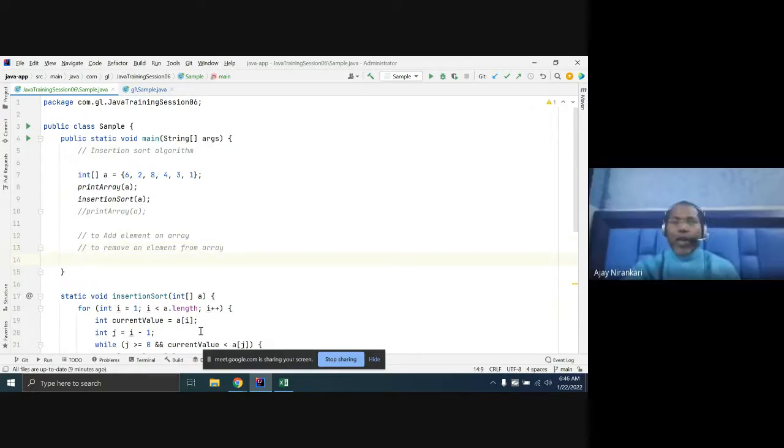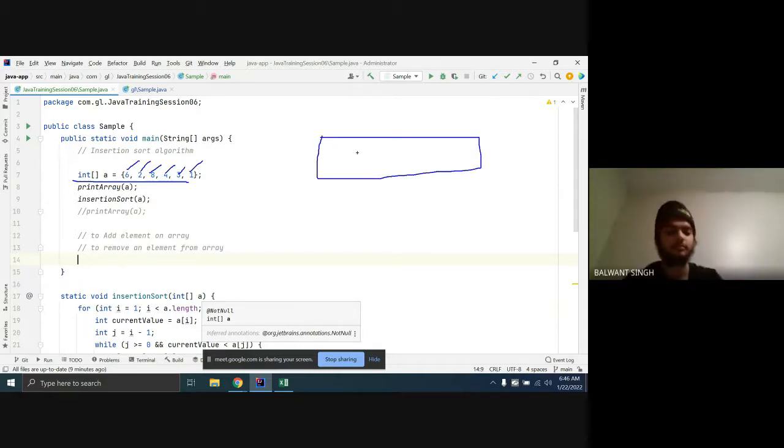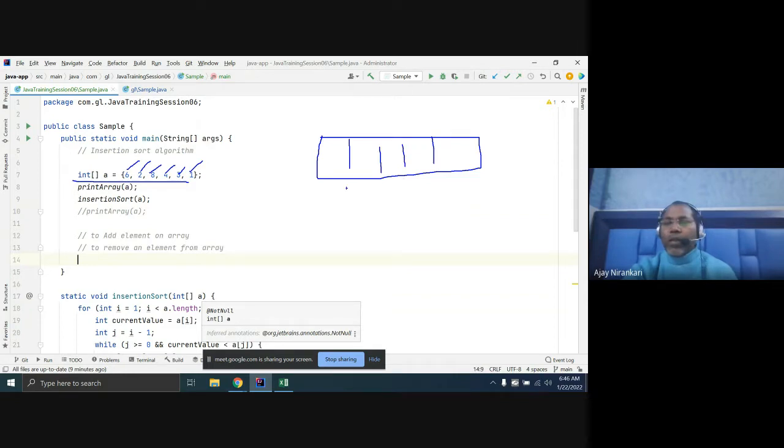Yes. As we discussed last time, whenever you are creating an array, it is of fixed length size. In this example, one, two, three, four, five, six, right? So this is a fixed length size. Once the array is created and all the values are assigned here, you can only access a value or you can only put a value here. The size of the array you cannot increase or decrease. This is the thumb hard rule.